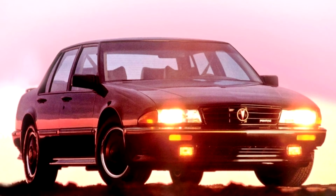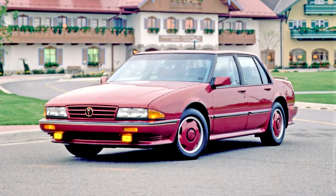Initially, a 150 horsepower, 112 kilowatts, 3.8 liter V6 was the sole engine, mated to a 4-speed Hydramatic 4T60 automatic, and performance was adequate. The new Bonneville was placed on Car and Driver's 10 Best list for 1987, offering both a base model and